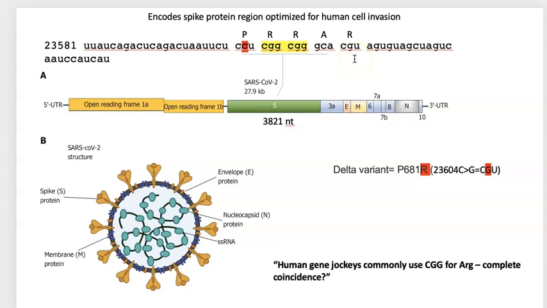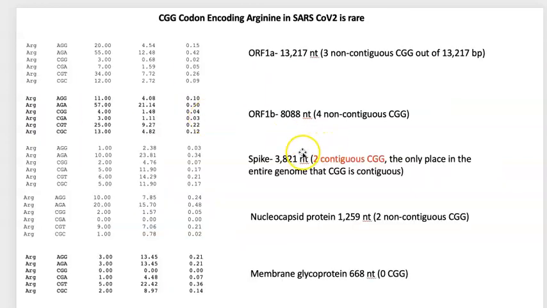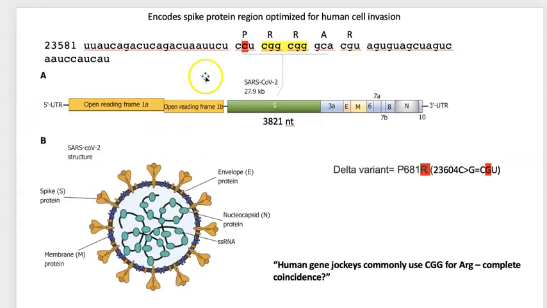and transmit. And so these key CGG codons that are pictured here, the ones that I've said are extremely rare, that happen to be contiguous in this one location, in this very one key location in the genome, is surprisingly suspicious. Another interesting aspect of this, though, is that the Delta variant, which is the new dominant variant of